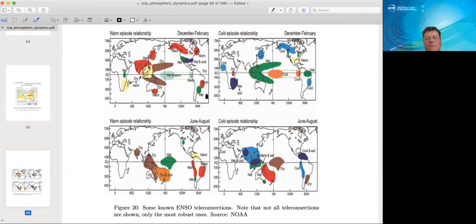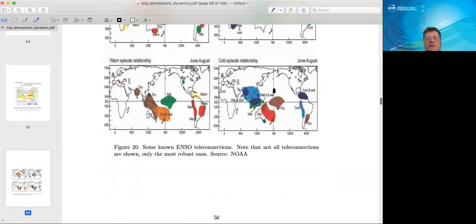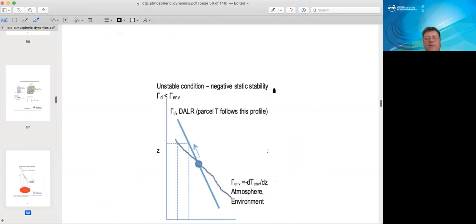Now, some of them we were actually already able to explain, because if you look at this, for example, for a warm episode, so that is an El Nino event, in boreal winter, we have this warming in Alaska. And the opposite is the case for a La Nina event. We have the cooling in Alaska. Now, if we go back to